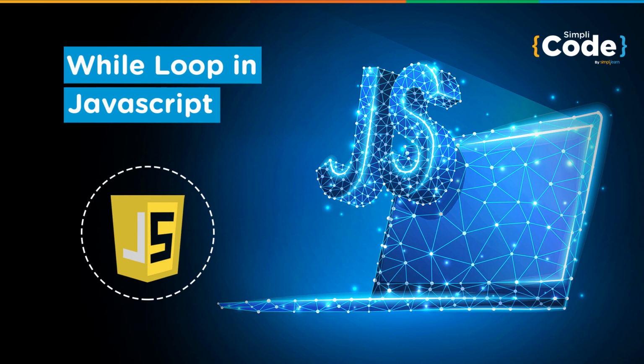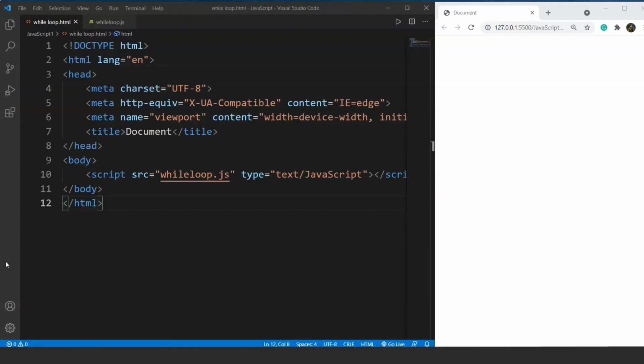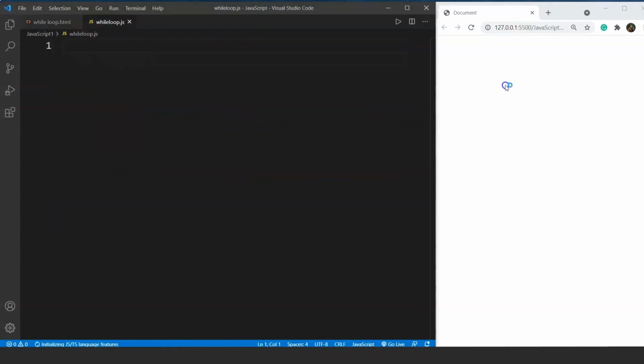We'll start with the programming part now, and then we will discuss more about when to use while loop over for loop. So let's start with the program. In this particular program, we will print odd numbers up to a specific number. Let's say we want to print all the odd numbers up to 50. So we want to print all the odd numbers from 1 till 50, right? We came across the same program in the previous video as well, but this time we will use the while loop instead of for loop.